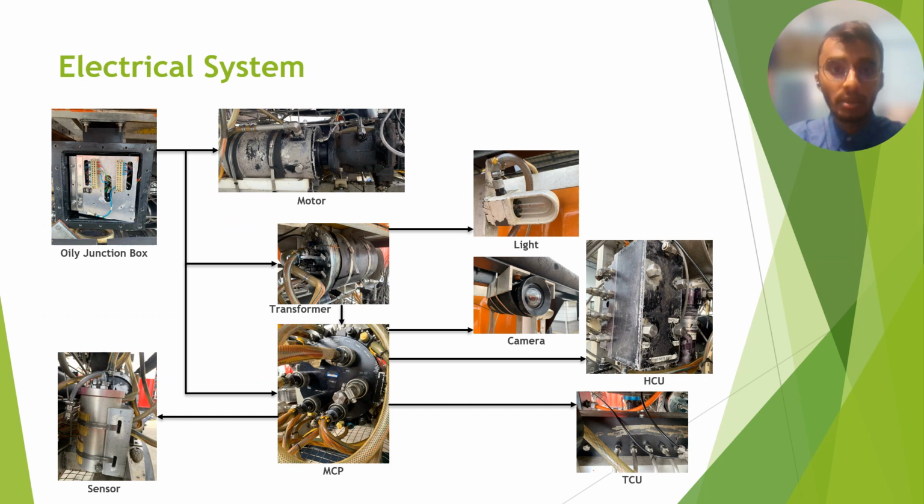Now I would like to talk about the electrical system. So in the ROV, first the power will come through the umbilical winch to the junction box. Then the power will divide into motor, transformer and main control port, MCP. And from the motor it will power up the pump to pump the hydraulic oil, and from the transformer it will step down to 24 volt to power up the light, and the transformer will also power the MCP, and the MCP will power up